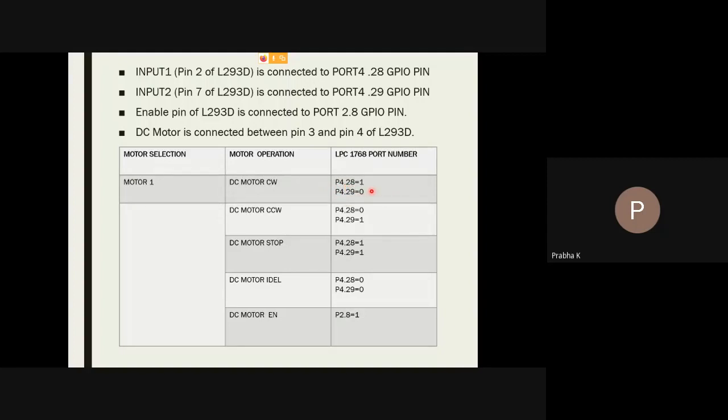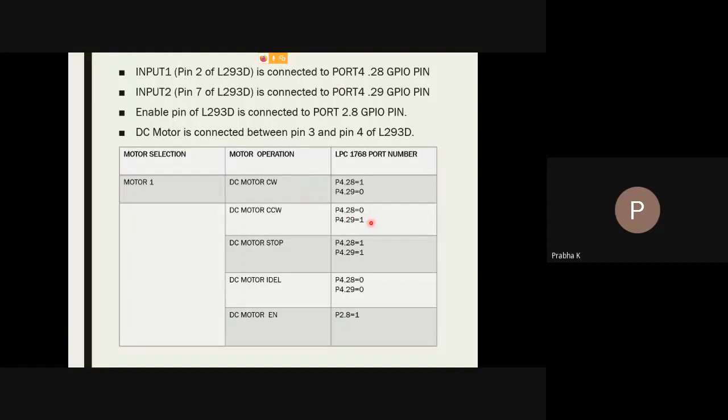If the value on these pins is 1 and 0, that is the 28th pin is 1 and the 29th is 0, or you can reverse it, 0, 1, because the 29th comes first and the 28th comes next on the GPIO pin slots. If you make the logic levels 0, 1, the motor rotates in the counterclockwise direction.